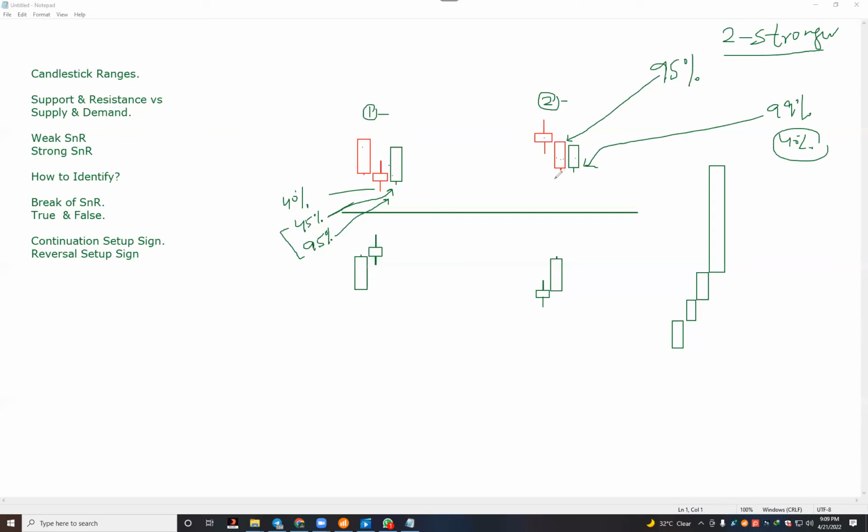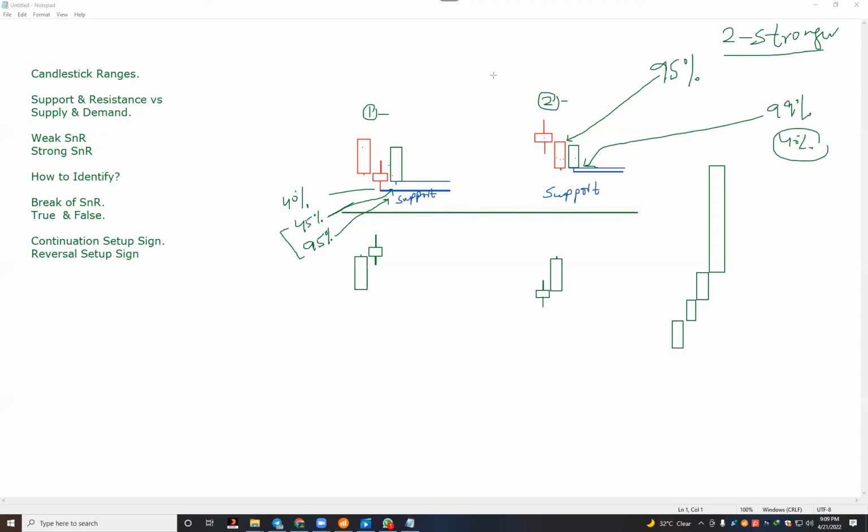Is there any support? Yes, sir. Both are support, right? Yes, sir. If I want to draw the support here, and if I want to draw the support here,